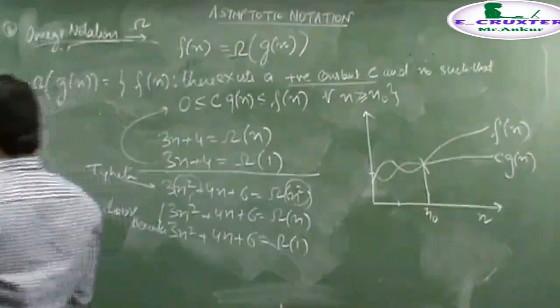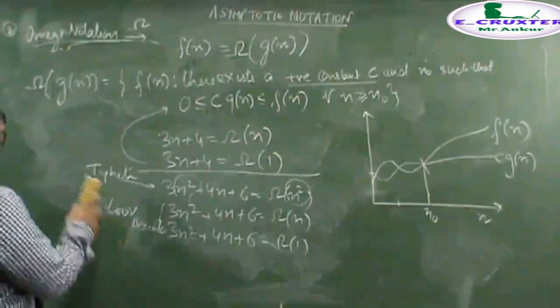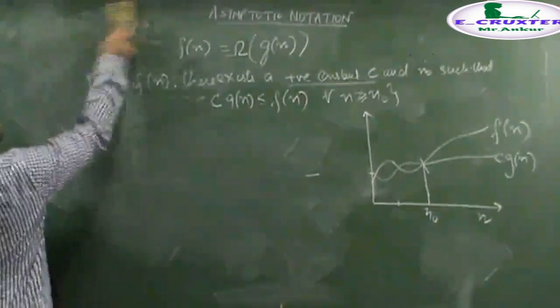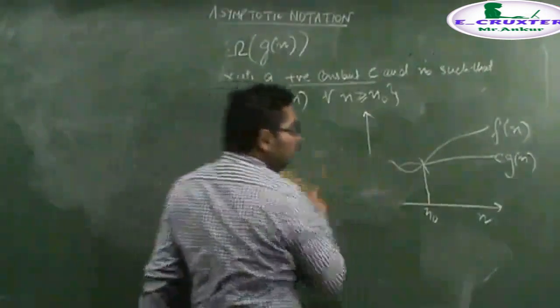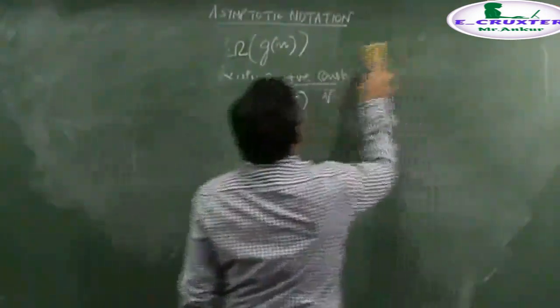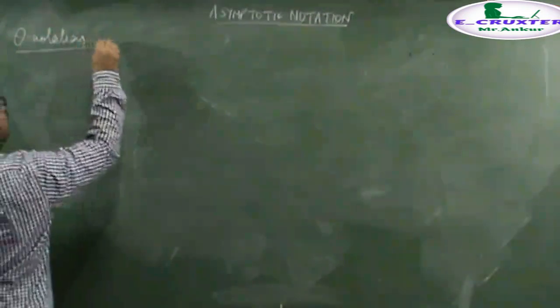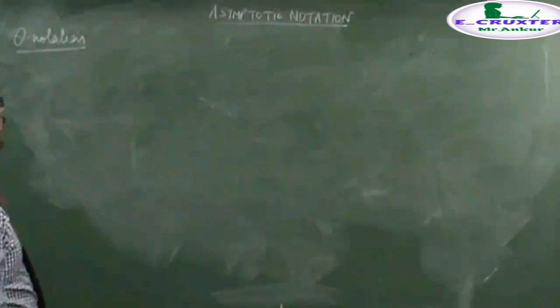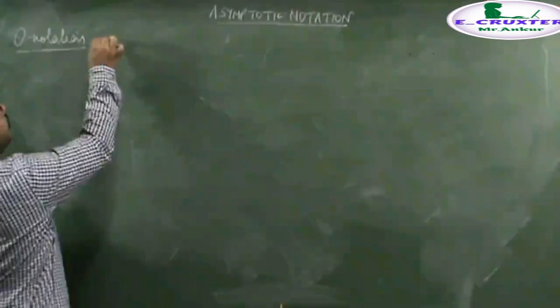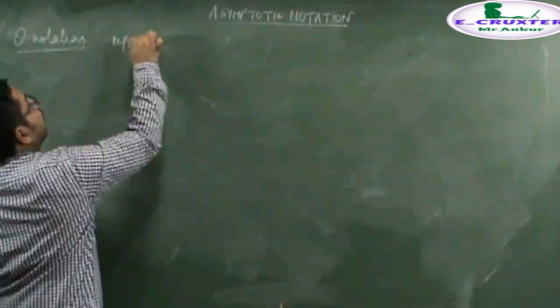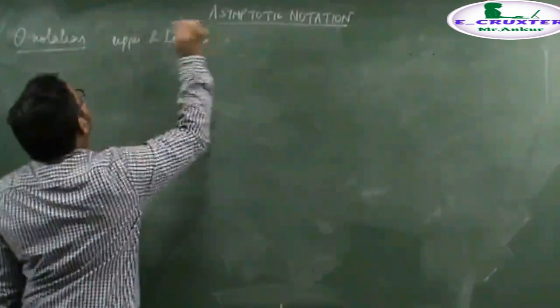Now, if we talk about the third notation, which is known as the theta notation. Coming to the third notation, which is basically known as the theta notation, it is an important notation while working in this subject. Theta notation: we say if a function is bounded from upper and lower both, then it is denoted